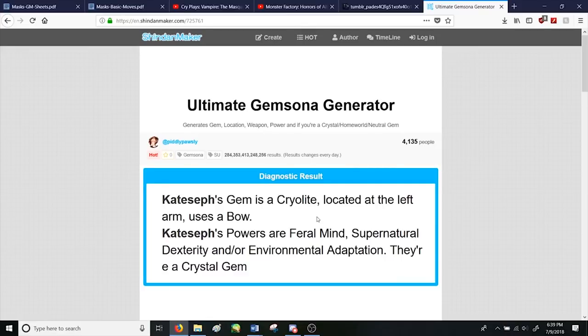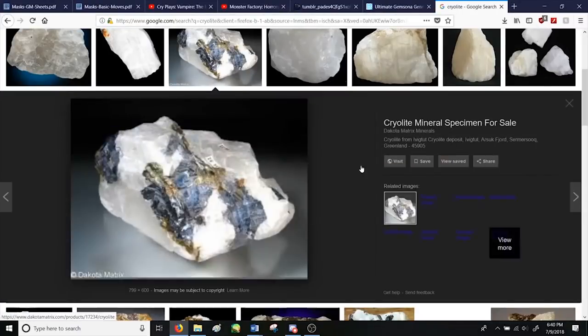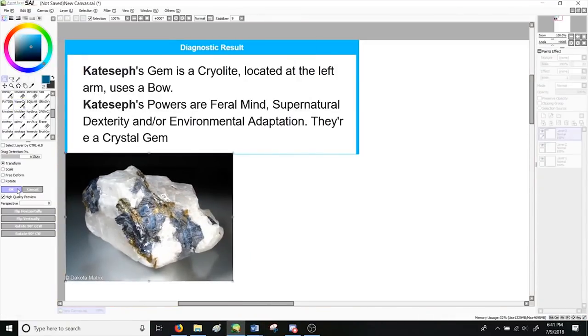So the problem for this one was Joseph and I were going to make basically Gemsonas, and so we couldn't decide on a name, so we just smashed them together. And so we got Cryolite. So you can see the lengthy process in which I put all the information into a slide